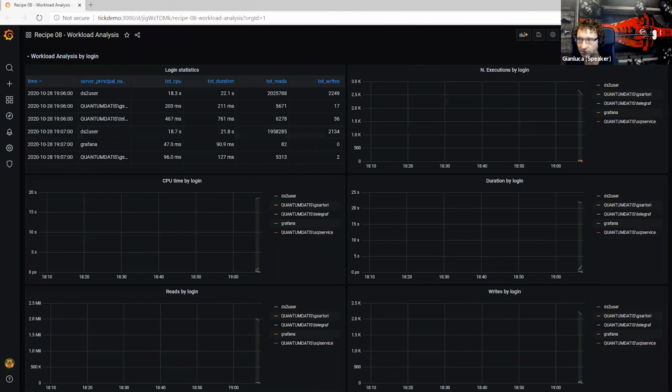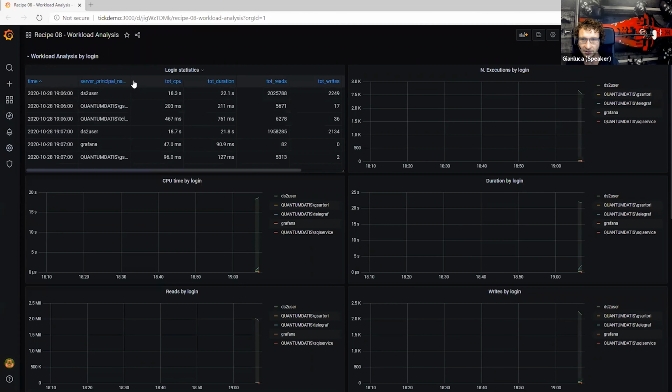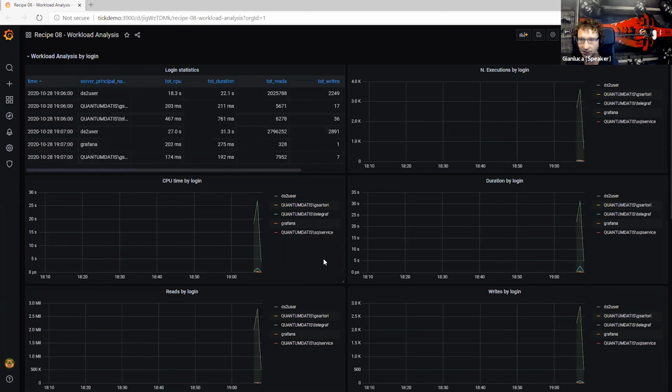And what we have is a table here that tells us who is hitting the database over time. So 706, 707, and we can go on by the minute and see who is hitting the database. So it's me or somebody else, Grafana itself, and it displays the data here in a nice dashboard